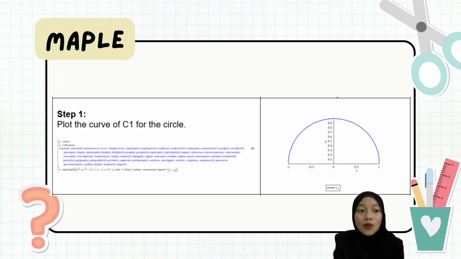So now let me solve question 1 by using Maple. In step 1, we begin by plotting the curve C1, where we start the command with restart and with plots. This is done using the plot command. The expression inside the plot function defines the parametric equation of a circle, x squared plus y squared equals 1, with the y values restricted from 0 to 1. The output shows the top half of the unit circle oriented counterclockwise, which matches the positive orientation required by Green's